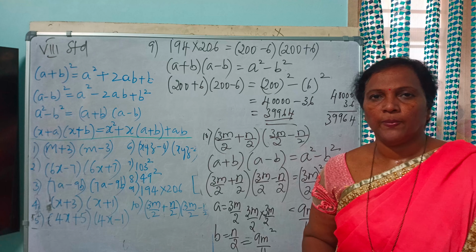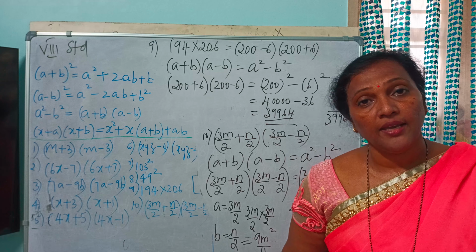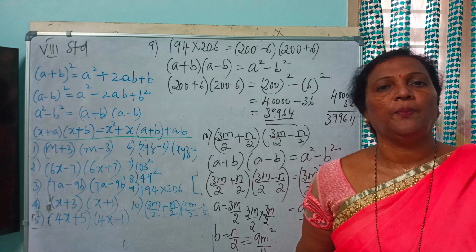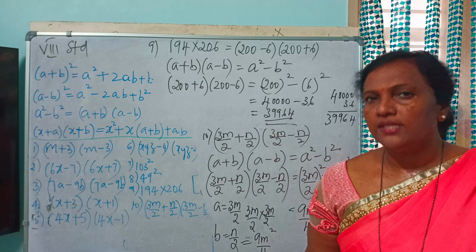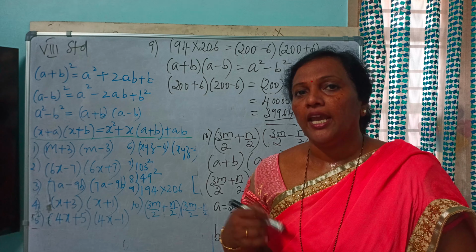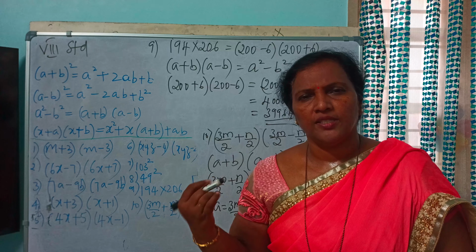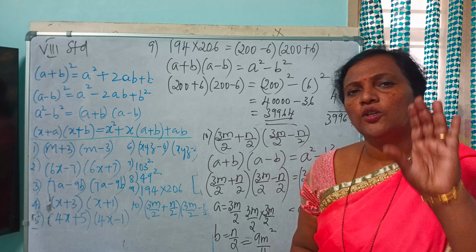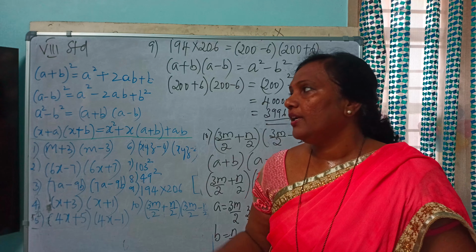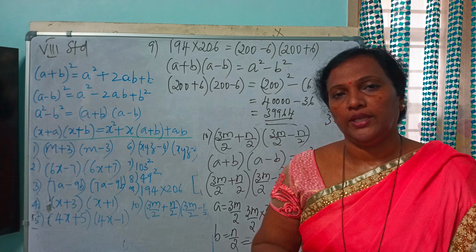So today how many problems have we solved, children? 10 problems. What's the work for you all today? You have to repeat this. How many times? 2 times you have to repeat. When the school reopens and you come to school, I will check your notes. Again I am repeating, keep one notebook for maths. Whether it is homework or your copying from the class, everything should be in the same book. And today you have to write all the 10 problems 2 times.